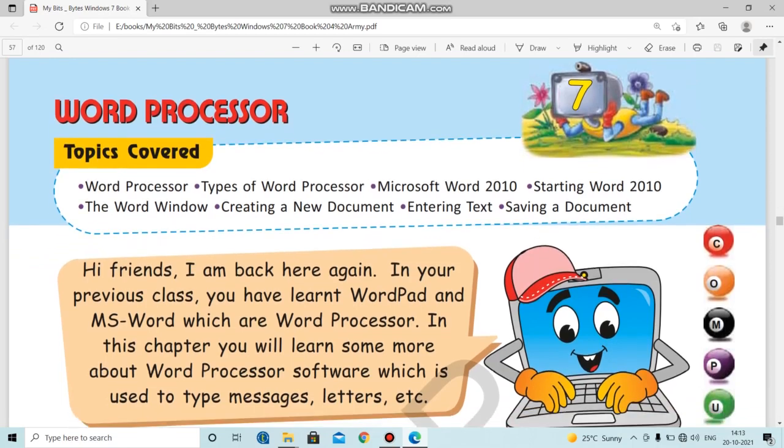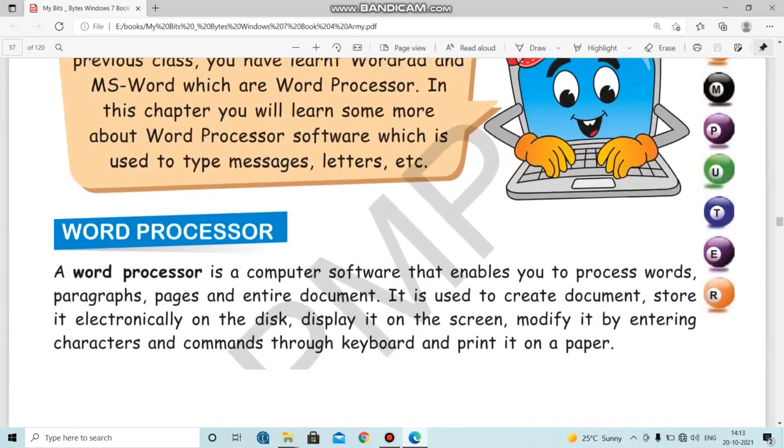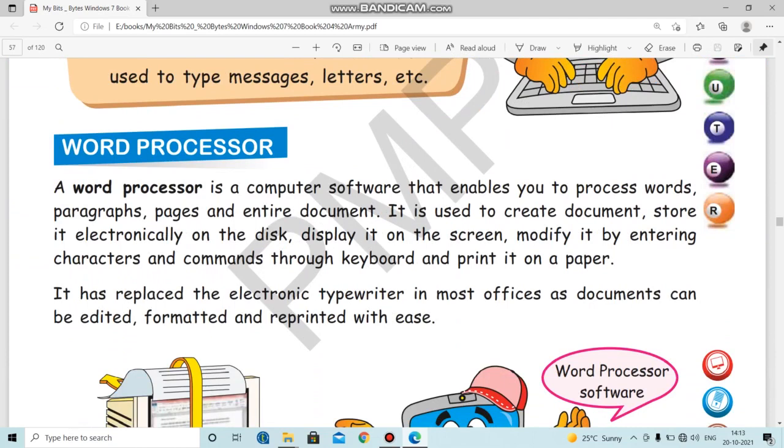So what is the meaning of word processor? Word processor is basically used for typing words, paragraphs, pages or documents. This is a kind of typing that we do on computers. But we can also use this word processor for the documents that we have created: we can store them on the disk, we can display them, and we can modify them.